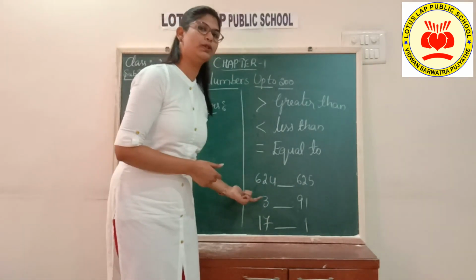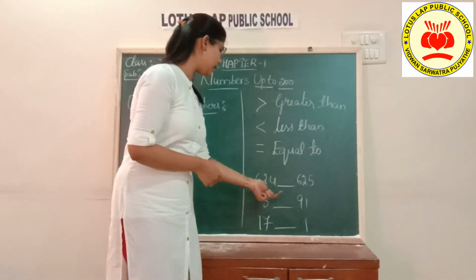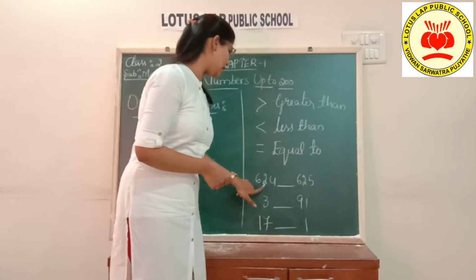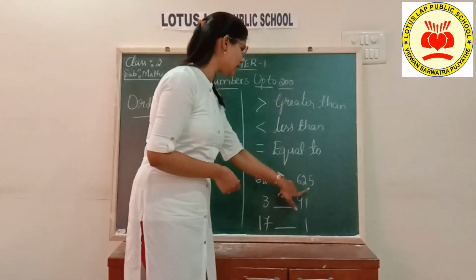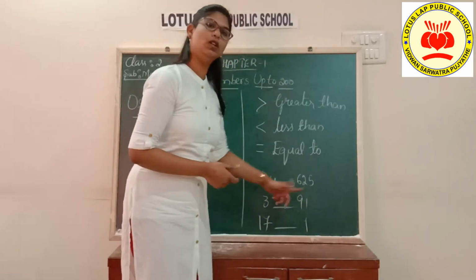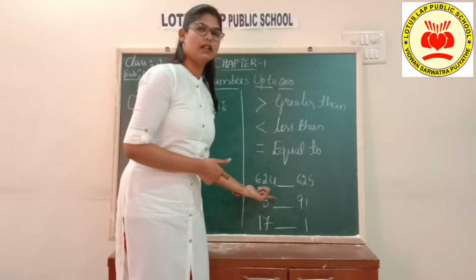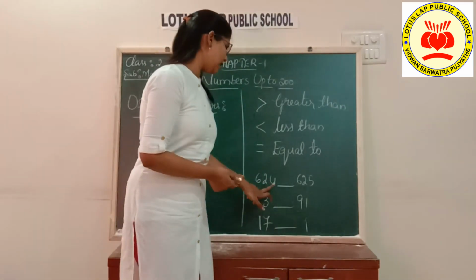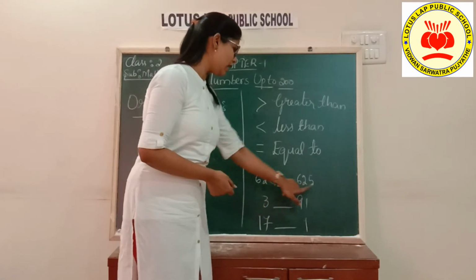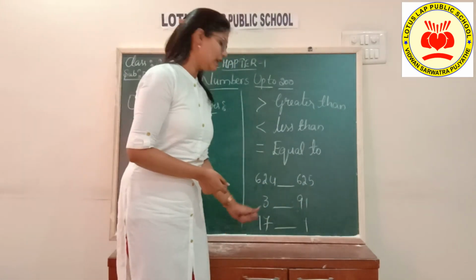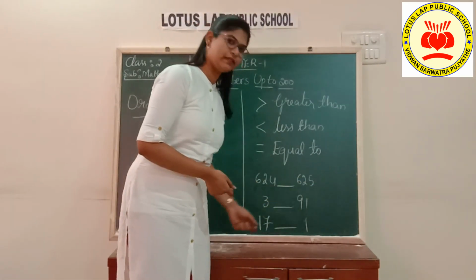Next what do we have to do? Yes, we have to compare the second highest place value, which is tens place. In tens place both the numbers are 2 only. How do we find again? Next you have to compare ones places. Now here we have 4 and 5. Which is smaller, 4 or 5?